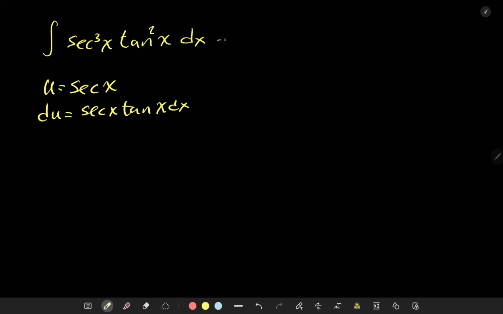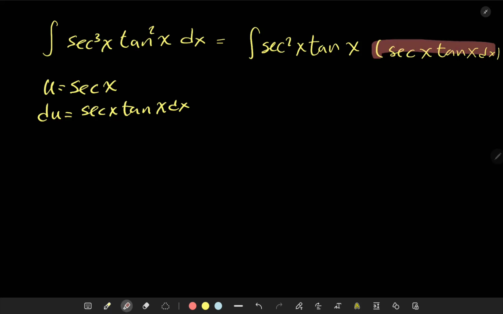But you see, when you pull a secant and a tangent out of that, you get secant squared. Now a tangent, you have to pull one out of those two, and then you'd have secant tangent dx. So you separate it like that to separate your du as we had done before. But you see, your problem now is that you have a way to make u equal secant, but from this guy,